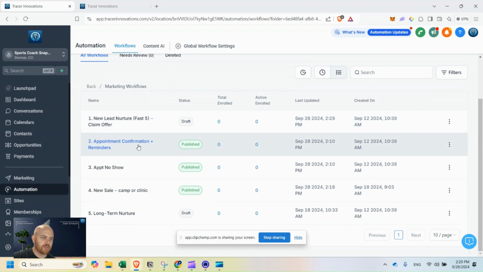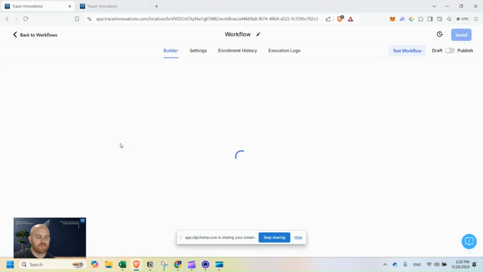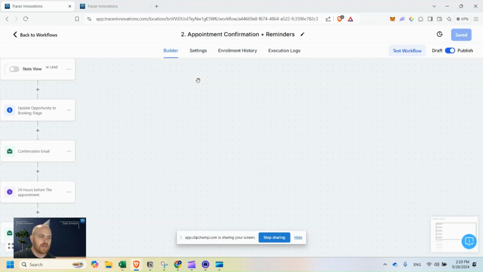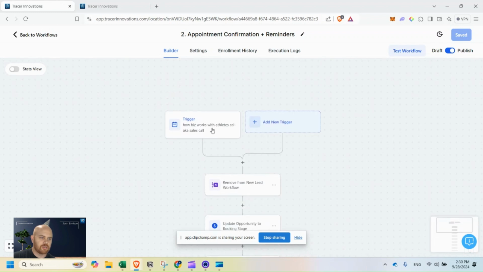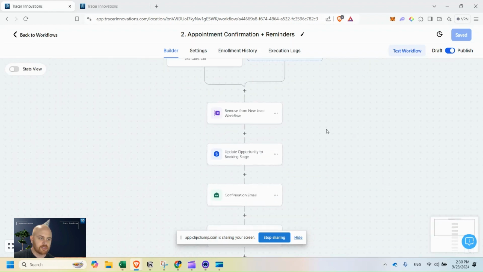Okay, this is appointment confirmation plus reminders. These are just confirmation that somebody booked, and then reminders 24 hours and 1 hour beforehand. Nothing really to change here. If you make new calendars, and for whatever reason you want to use a different calendar than what we've made here, this is just for the sales calls. We've called this calendar how your location works with athletes. So if you change the name of this, or you start a new business, or you start a new calendar, and you want to use these same reminders,